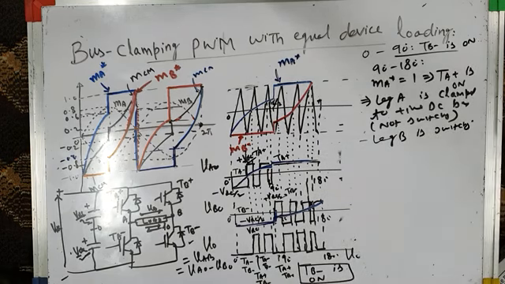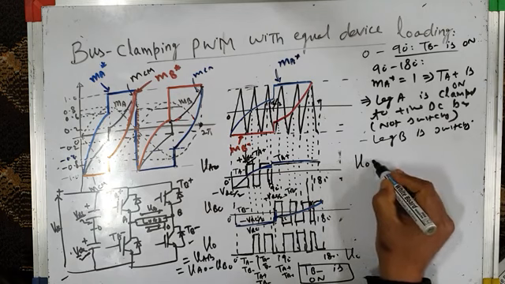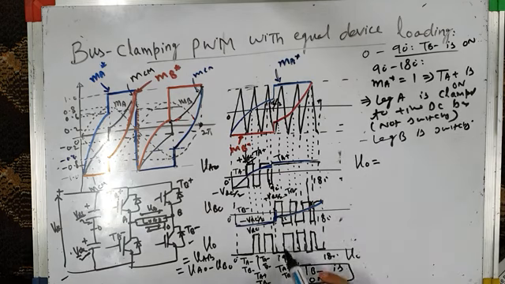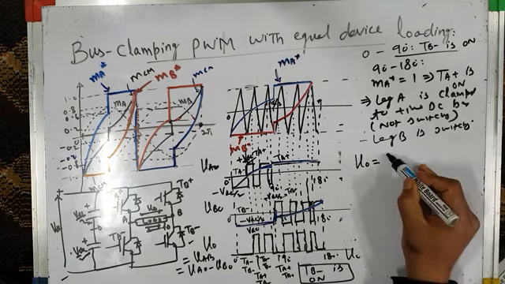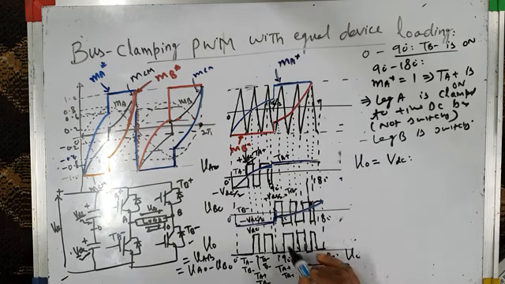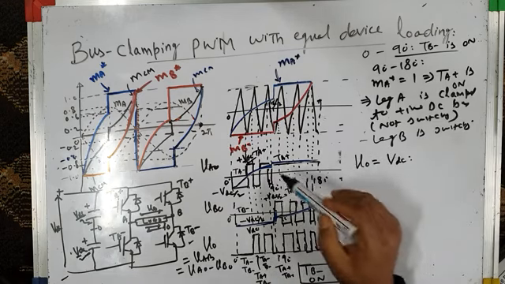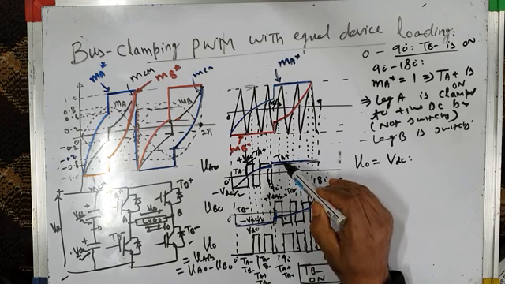Okay. So leg A is not switching, but leg B is switching. Therefore, our inverter output voltage, we can see during this period, is equal to plus VDC. You can see it is VDC. When it is equal to VDC, the top switch TA plus